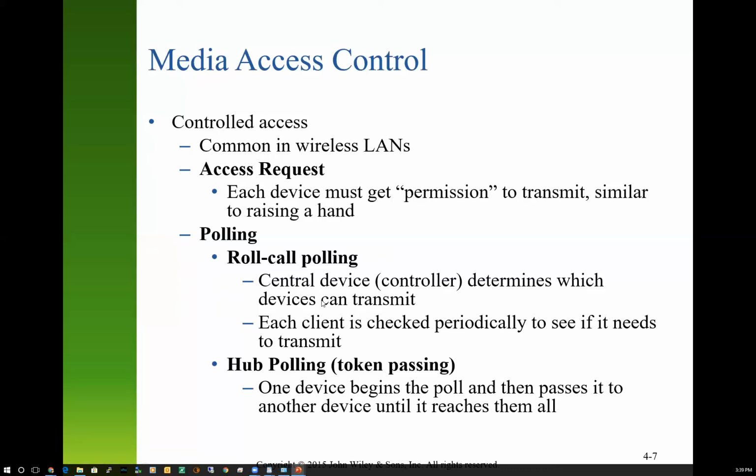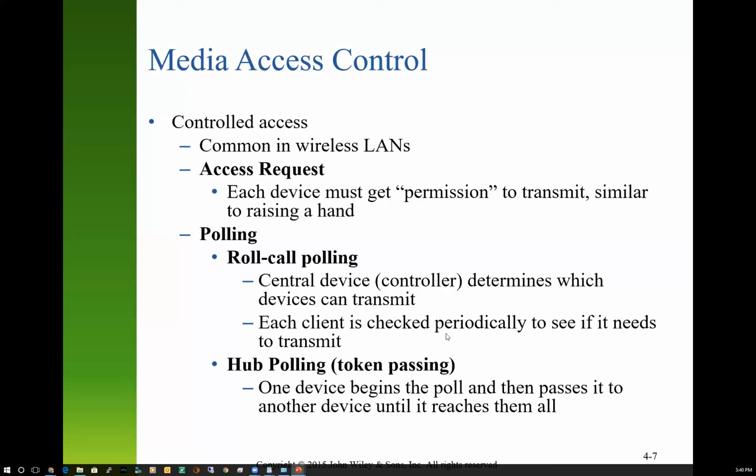And roll call polling is an older form of networking where essentially the same thing happens. It's a controlled instance, but rather than you raising your hand, I simply go around the room and start with student 1A and say, do you have anything to say, yes or no? No, okay, I go to student 1B, row 1, student B. Do you have anything to say, yes or no? In other words, I'm calling roll. I'm checking every single user on a network. That proved on larger networks to be kind of slow, so we stopped doing it that way.